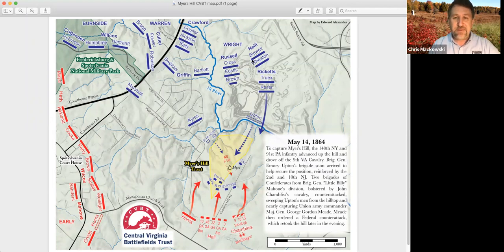At the same time over here, the 6th Corps is going to then send Emory Upton's brigade up to the top, and Upton's going to get there just after these two regiments have cleared off the hillside, and so Upton is then going to deploy out here to try to hold that position. He's going to realize that he's feeling kind of naked out there, and he's going to call for some reinforcements who are going to start to come in this direction. But even as these guys try to start moving forward,